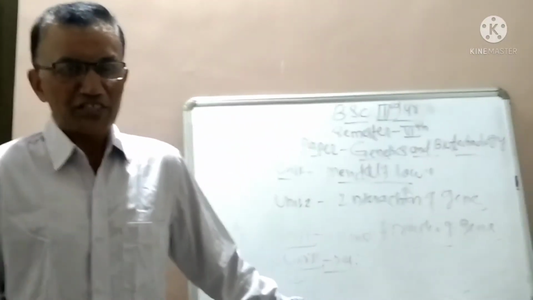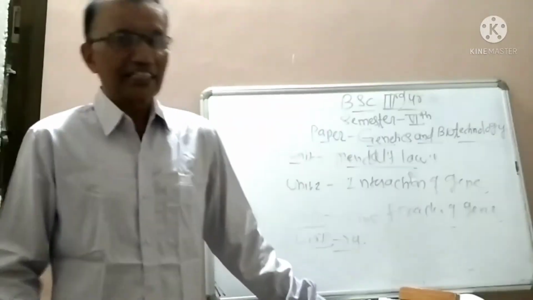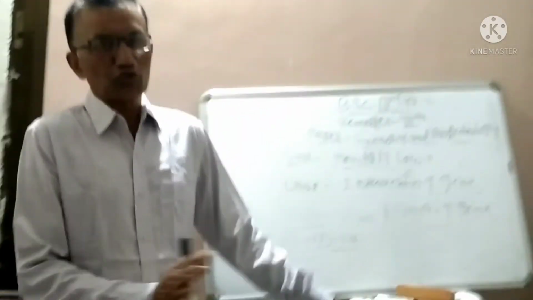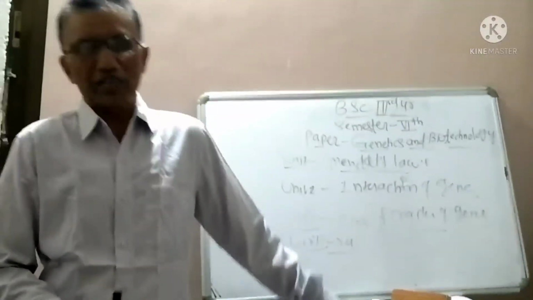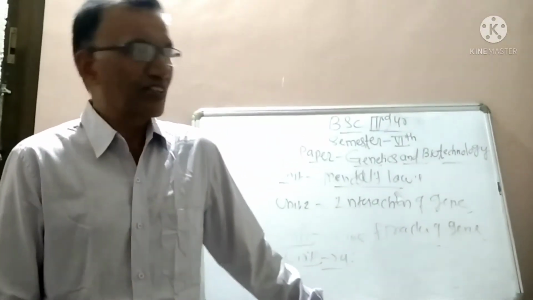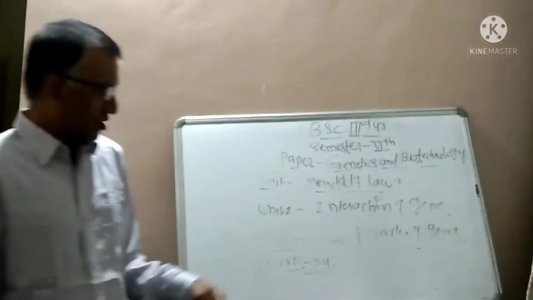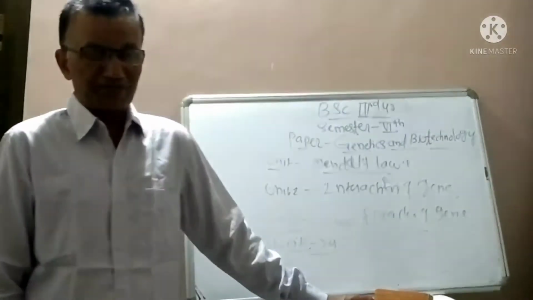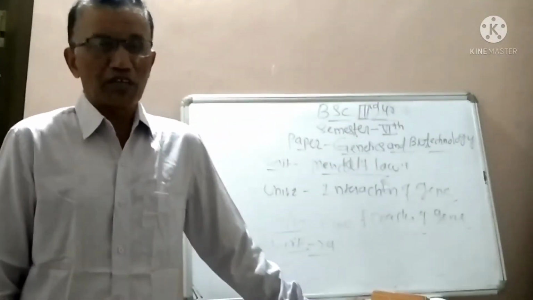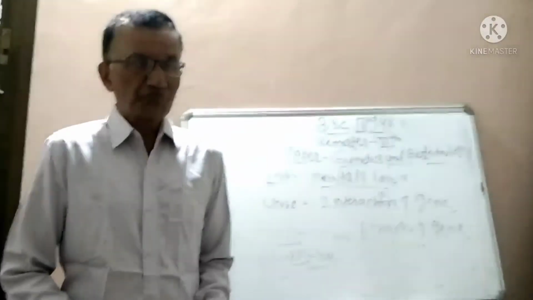Before dealing with all these things, first of all you have to understand which part of the X chromosome and which part of the Y chromosome is related to sex determination genes. These things have to be learned. Gynandromorphism: what is meant by gynandromorphism? So this is about the sex determination chapter.